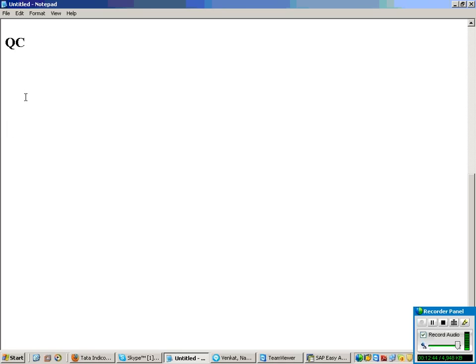Right. So that's what. So now when you start extracting the data from R3, you call your data source as what?